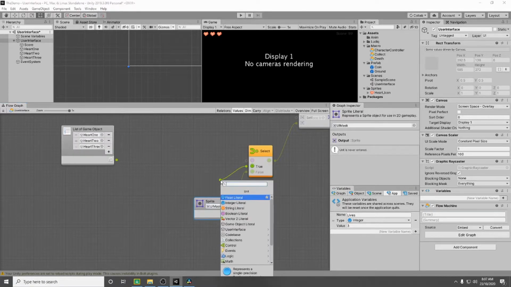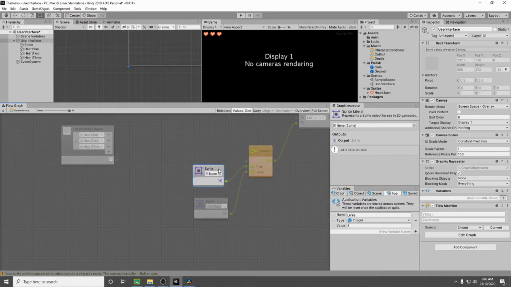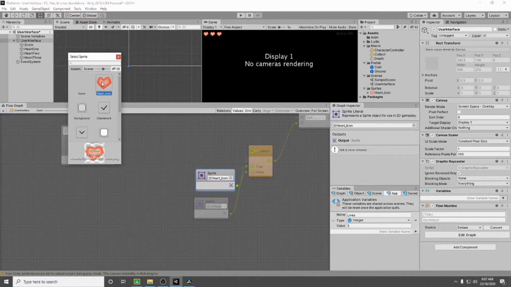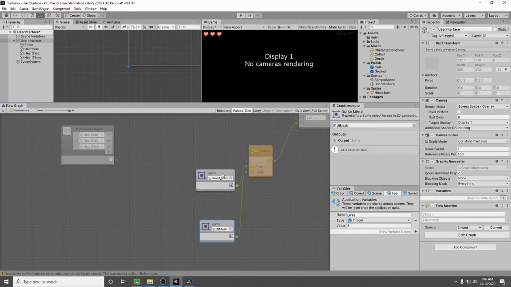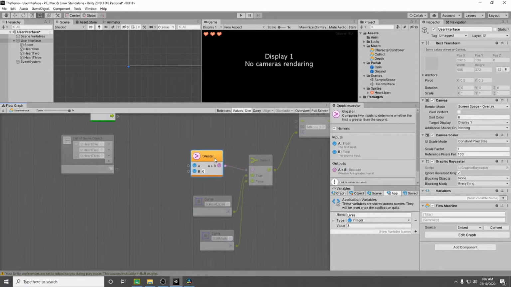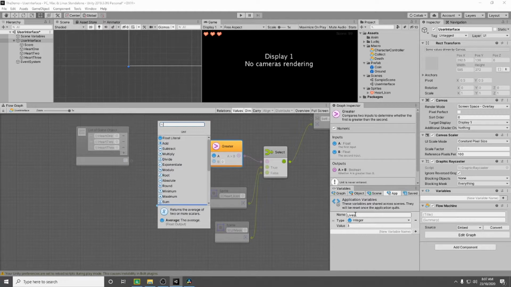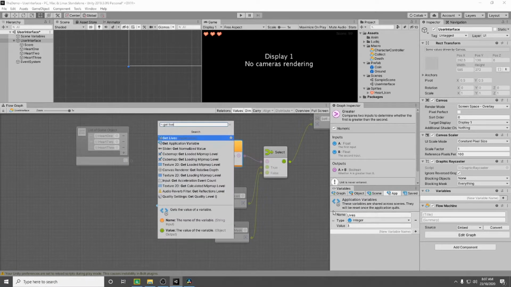If it is true, however, we're going to create a sprite literal again. Right, we want to set it to our heart icon. So you click the circle and select your heart icon. So what's going to control this? Well, we're going to use a greater. Now what we're going to check, we're going to get our variable, lives,